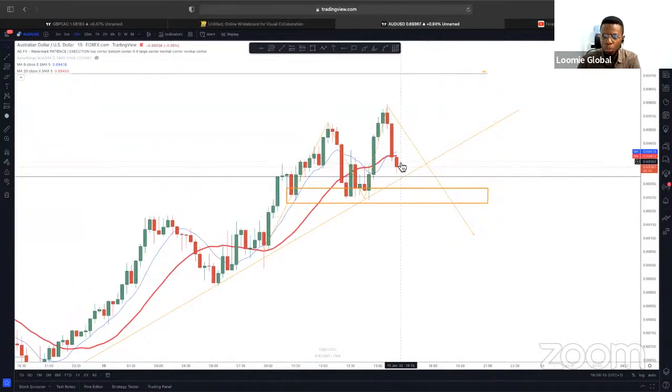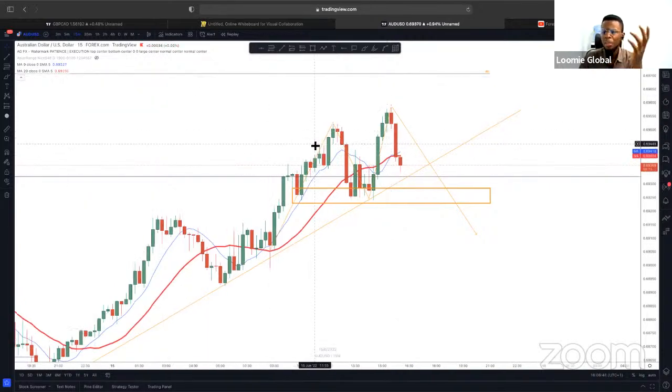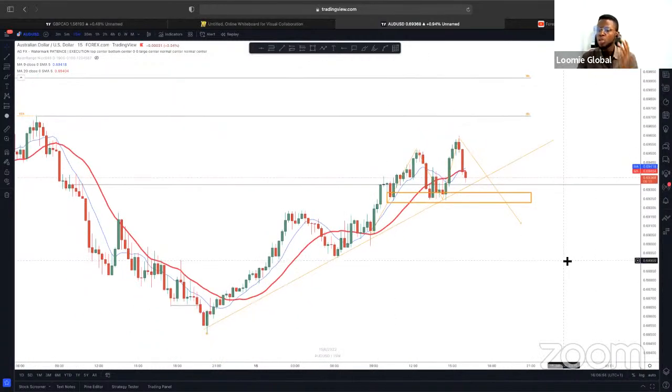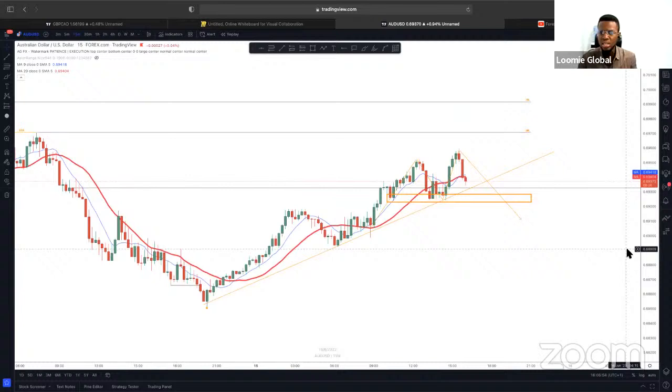So we can see that already price is below the 20-day moving average. It's already below this red line. Remember, we talked about the moving average crossover, right? Price is already below this red line, and we're on the 15-minute time frame. So we're waiting to see if this candlestick is going to close below. If price closes below this 20-day moving average, and then we begin to see this blue signal line cross below the 20-day moving average as well, we can expect that price is going to continue falling from here, right? So these are basically confluences. These are a number of things based on what we have learned before, and you can see that it is making sense now on the chart.